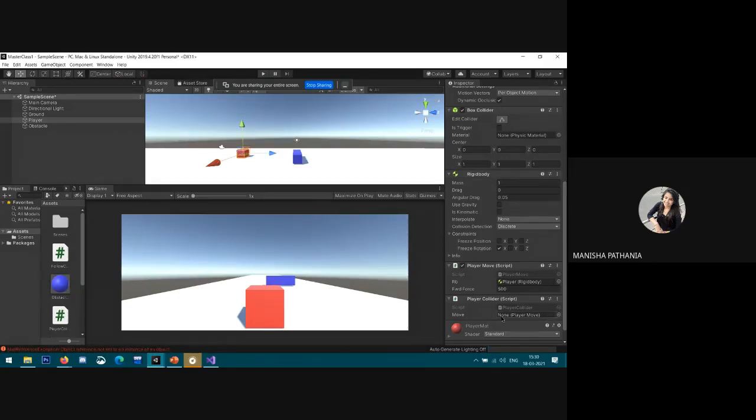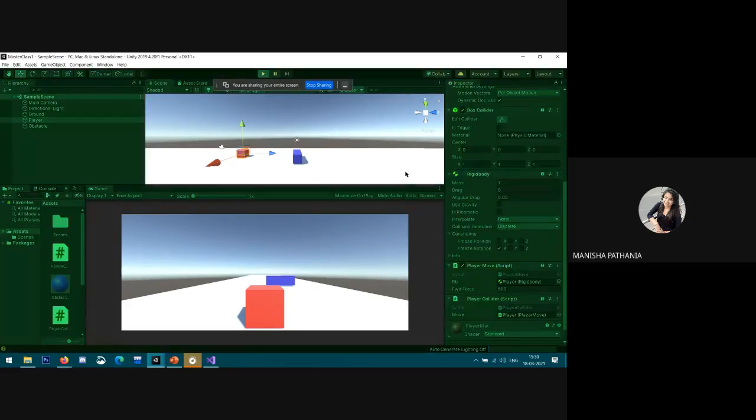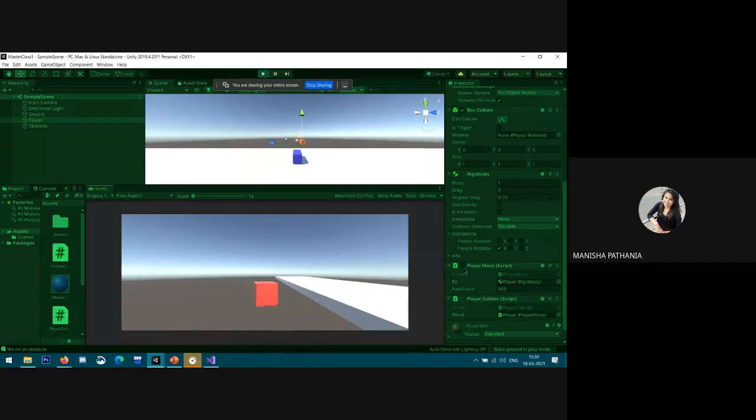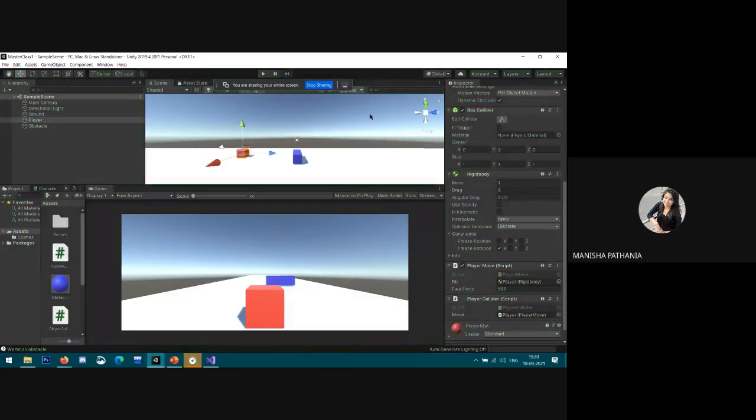I just need to drag this player movement script into this variable as a reference, save it and play it again. See, when the player collides with this obstacle, this player movement script is off. Understood? It's working fine now.